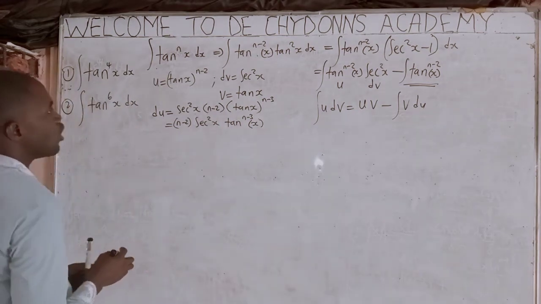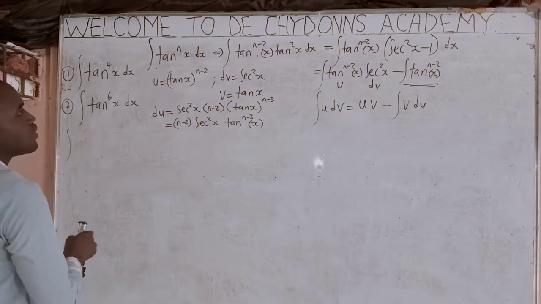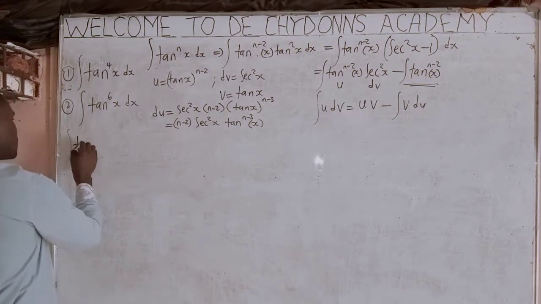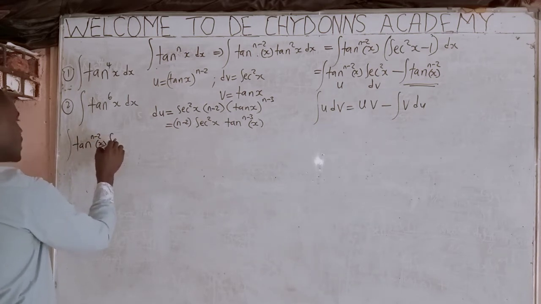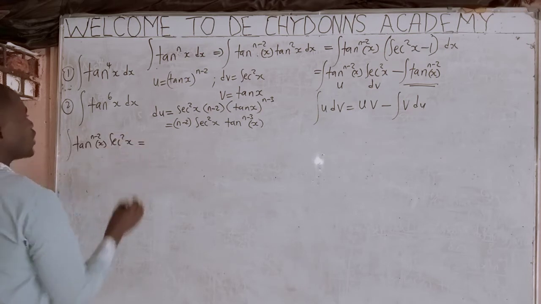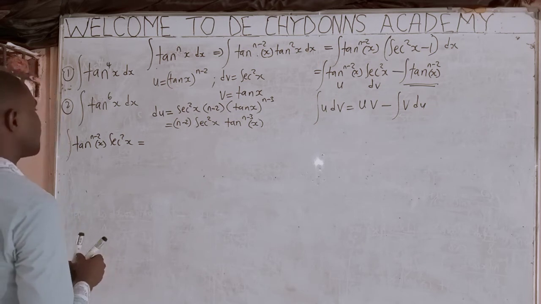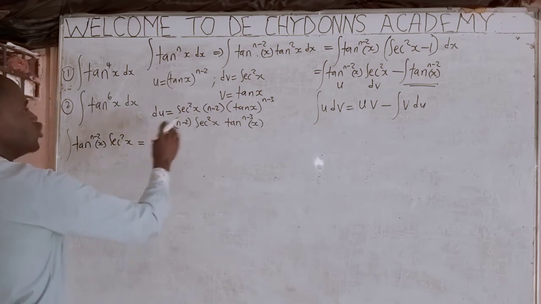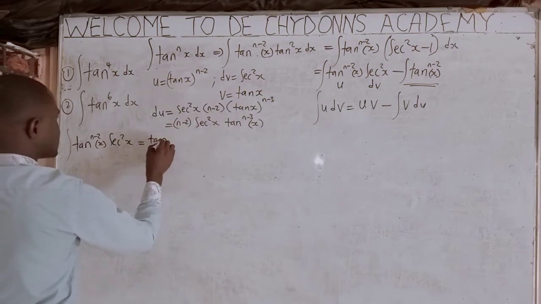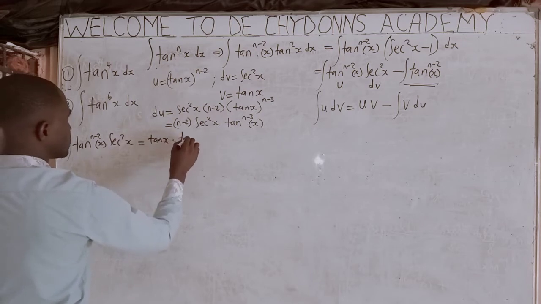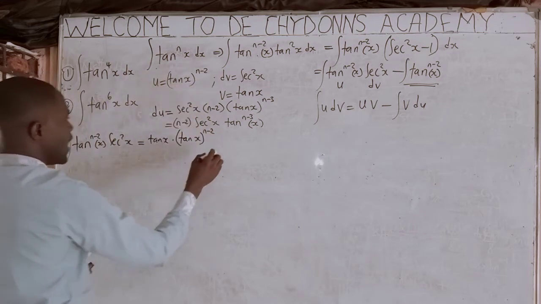Okay, so we apply in our formula the integration of tan raised to the power of n minus 2 x sec squared x is equal to uv, which is tan x times tan x raised to the power of n minus 2,